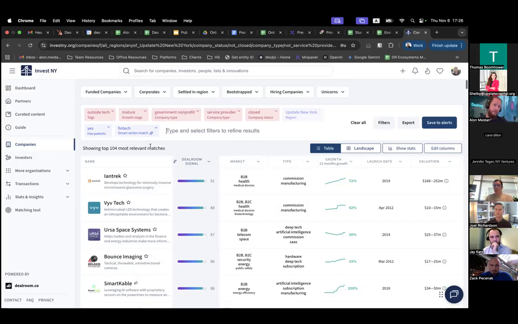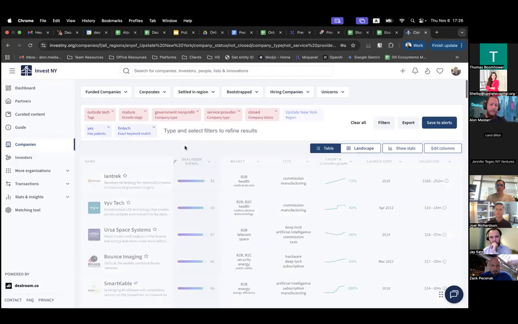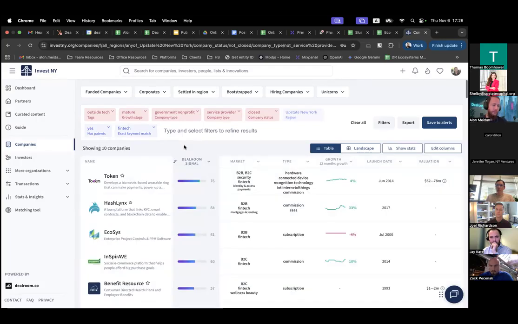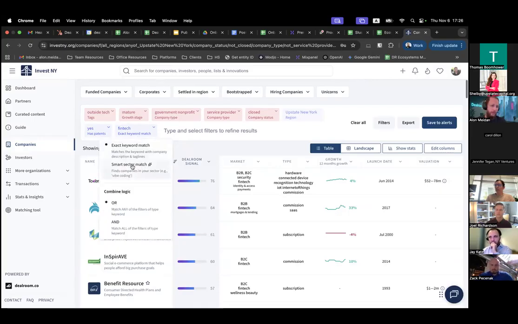Another way to use this keyword feature is once you've typed in a keyword, or 2 or 3, that works as well, you can hover over it and you can flip between Smart Sector Match to Exact Keyword Match. And this one, super straightforward. If the word fintech, in our case, is in that company's description or name, then it's going to show up. My recommendation always is to try and flip between the two and see what works better.